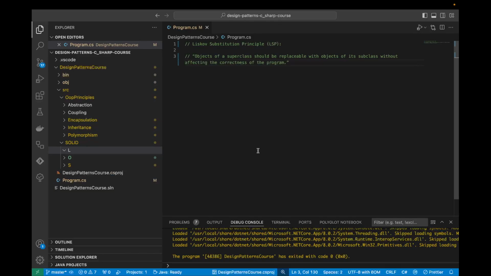The Liskov Substitution Principle states that objects of a superclass should be replaceable with objects of its subclass without affecting the correctness of the program. So this principle ensures that inheritance hierarchies are well designed and that subclasses adhere to the contracts defined by their superclasses. And violations of this principle can lead to unexpected behavior or errors when substituting objects, making code harder to